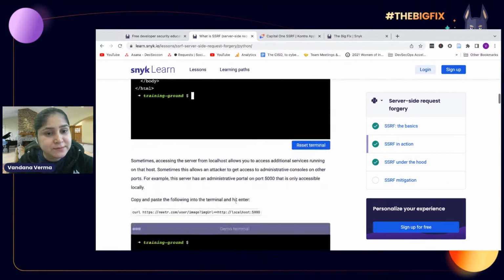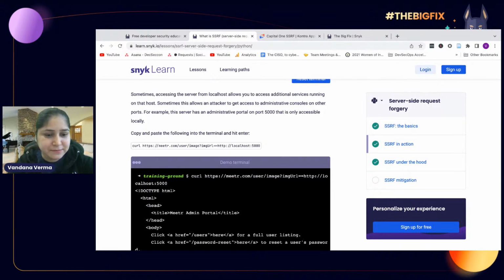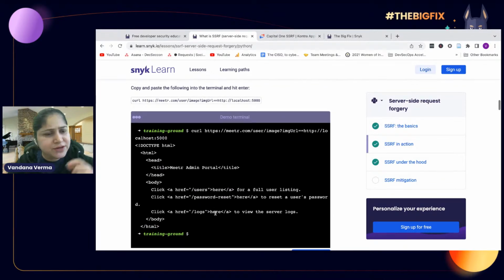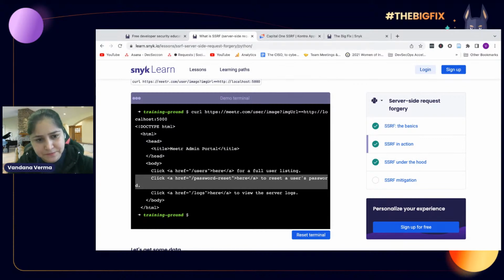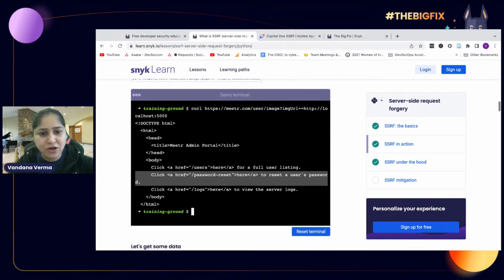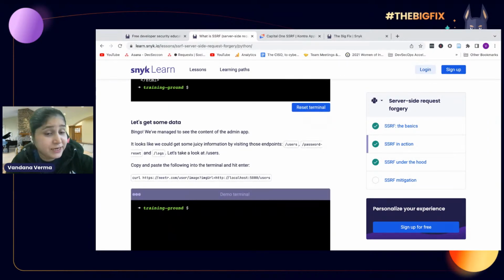Now, the interesting bit would be to get some information from the user in the form of ports. Am I supposed to get any information about the ports from the server side? No, but that's the functionality, so we should be able to get it. Let's see. So here, when we try to recon that port, an interesting bit came up: the password reset link. Interesting. What more information can I get?